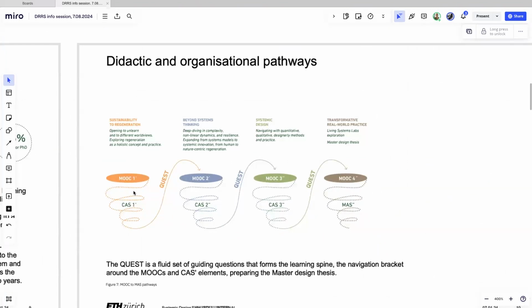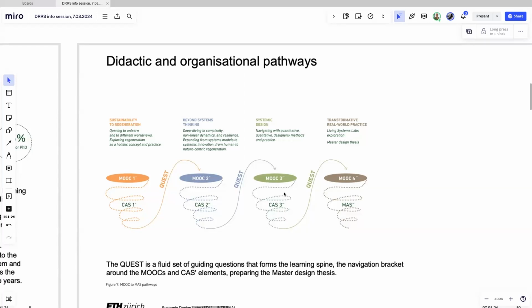Here's again the same from before. We have 4 color codings for the 4 elements. Each CAS from the executive program is introduced with the MOOC. If someone wants to do the whole program, this is the rhythm of doing it. But one can start anywhere, anytime.